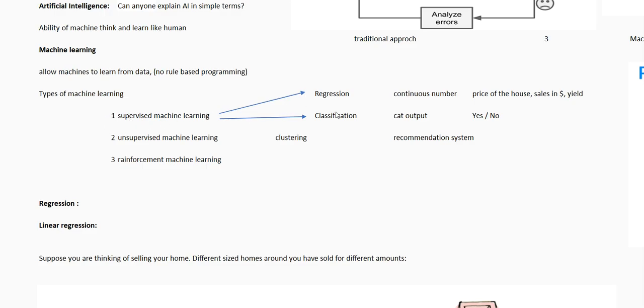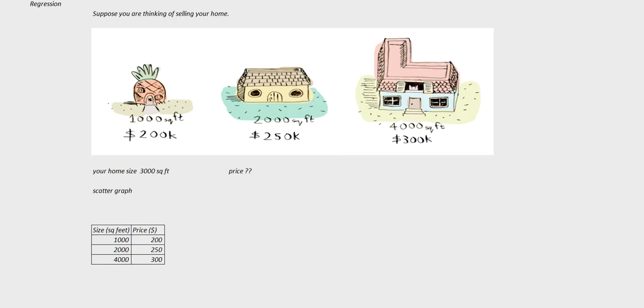So in supervised machine learning, first we will focus on regression. Regression means we want to predict some continuous number, right? It may be the price of house sales, or the yield. Okay, so that type of thing we can predict. So in this regression, suppose